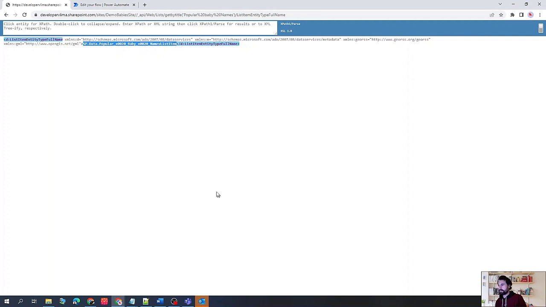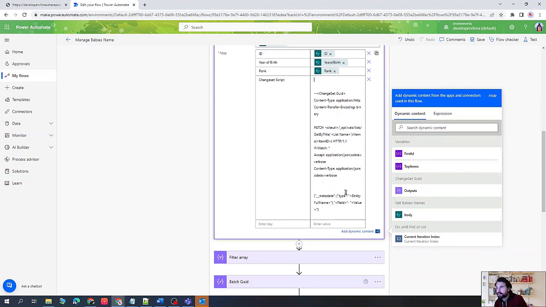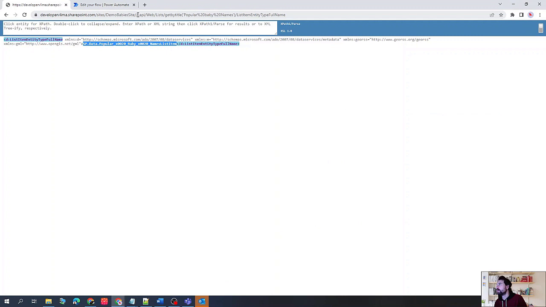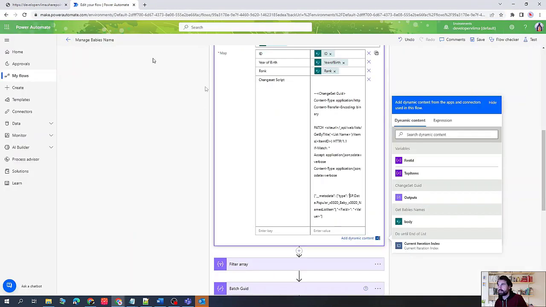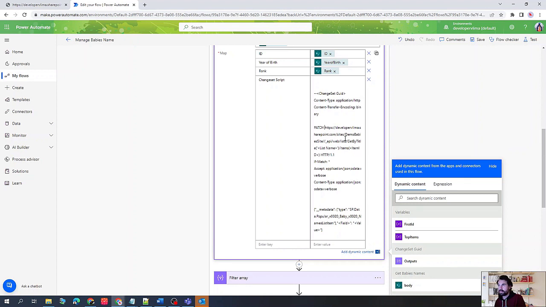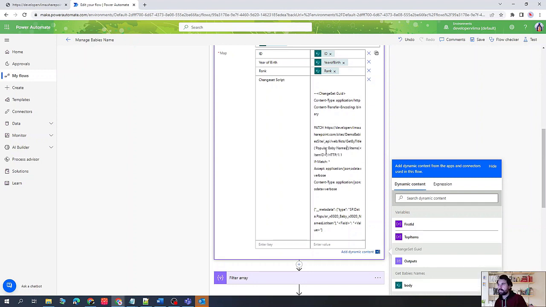Copy this, and now I will replace the entity full name here, and the site URL is this one. The list name, baby names. Okay, now